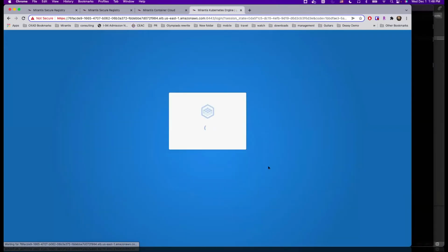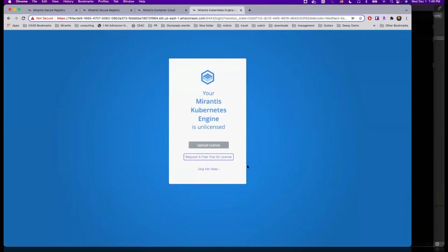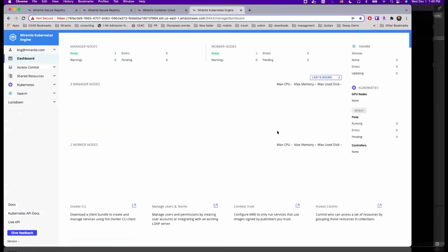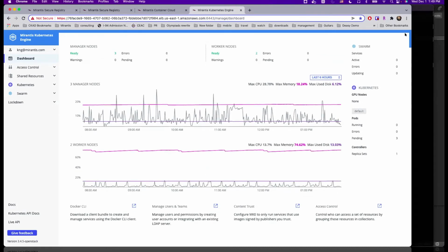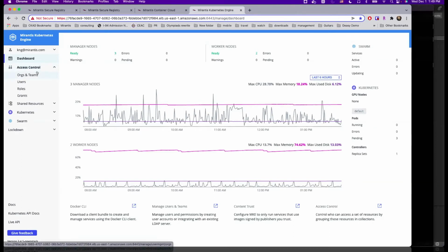Again, built-in role-based access control so that everything is integrated. And I'm going to say yes. This manages the orchestration side of things, and it has support for both Kubernetes and also Swarm if you're doing Docker Enterprise orchestration. As you can see over here, I've got my nodes, they're ready, everything's up and running, happy with the performance. And I'm going to make sure that I only provide access to whoever I need. This is controlling access to people and also workloads to your environments.